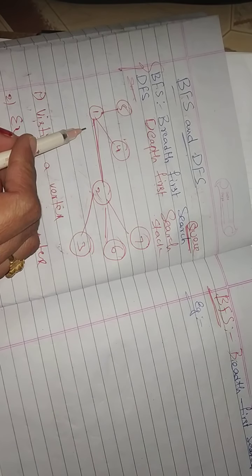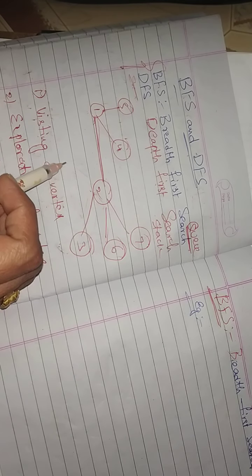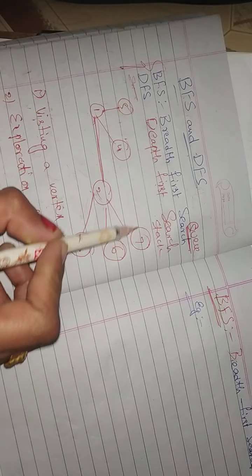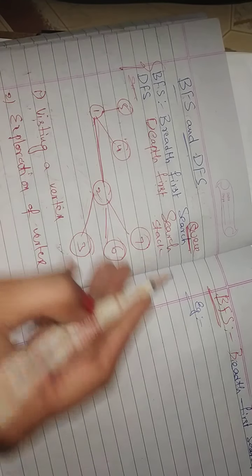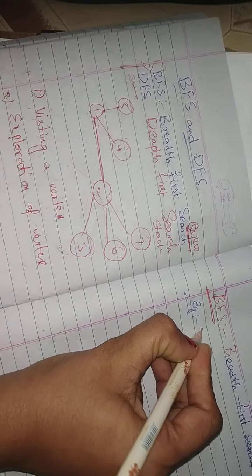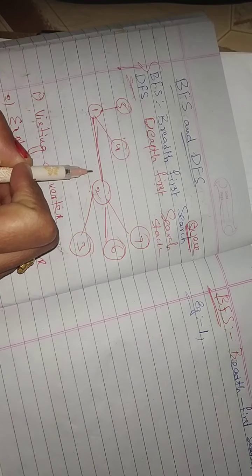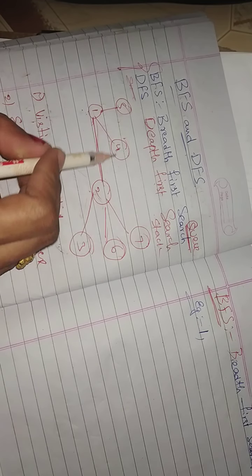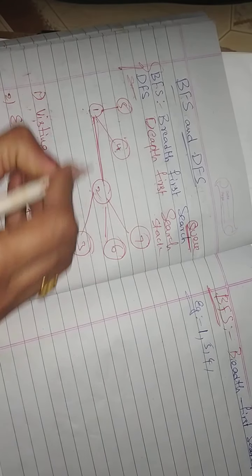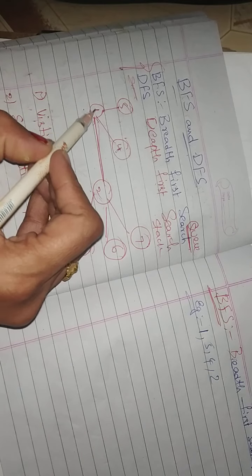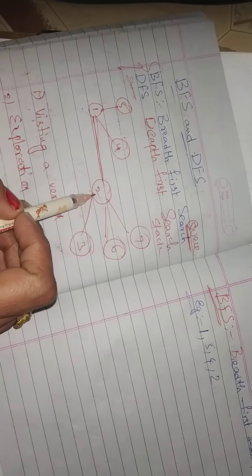First, by seeing this example, I want you to take any vertex at first, no problem. There is no rule in this. You can take any node at the beginning. I am taking 1 as a root node, so I am visiting 1 first. Then immediately explore the vertex. After exploring, what are the connected vertices? 5, 1 to 4, 4 and 1 to 2, right? So I am exploring the vertices, which means I visited 5, 4, 2 also.